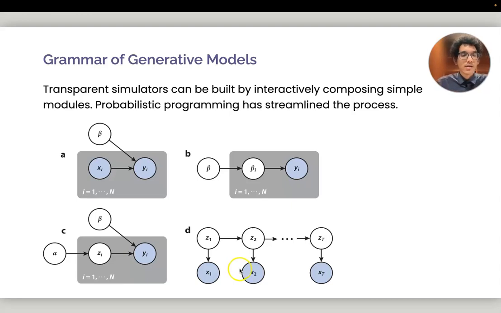So if you want to have a time-varying latent Dirichlet allocation model, you could combine these two panels into a new, larger graphical structure, right? And that encourages interactivity because you're not thinking about the model as some black box that you can't deconstruct. Instead, you're thinking of the model as built of many simpler components.